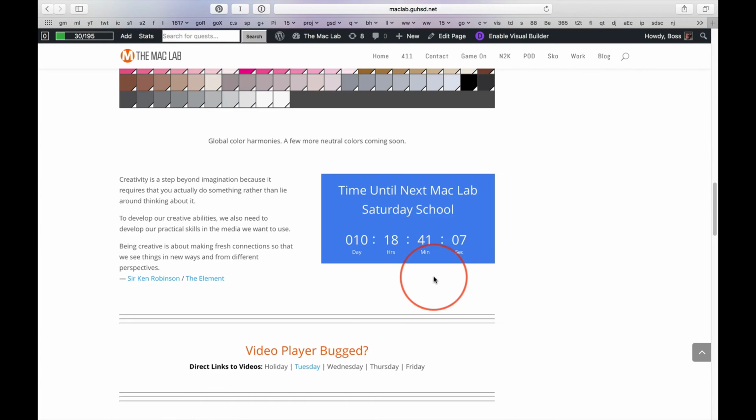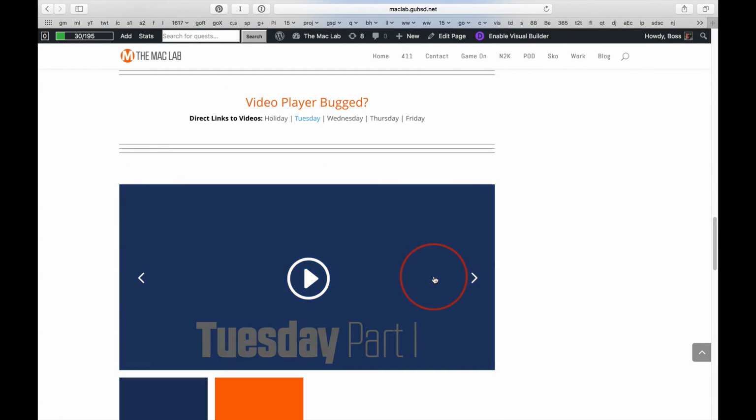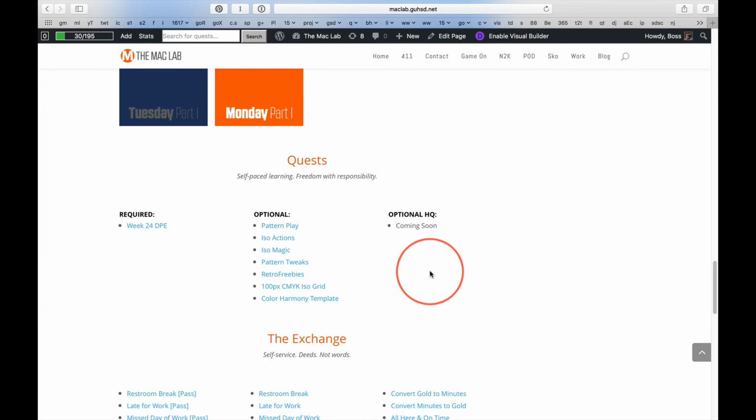Okay? I don't want to post all this because this is part of what I'm going to be putting on Design Cuts, this entire package. So the color harmony template, this quest, I will either distribute something there or distribute in class. I'm going to have to figure that one out. But for now,